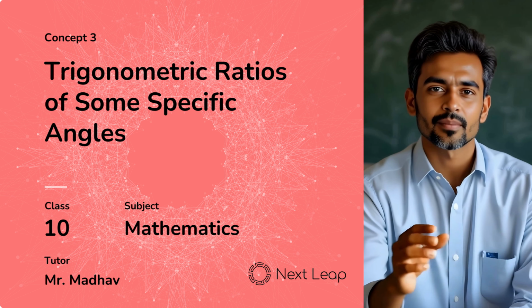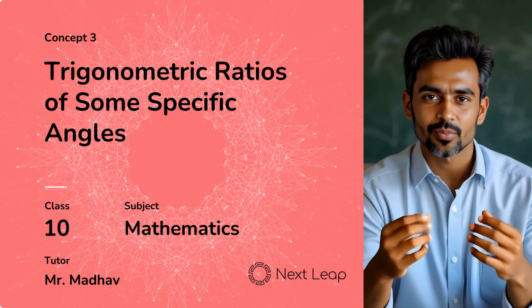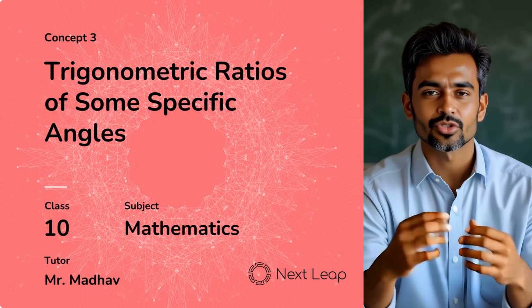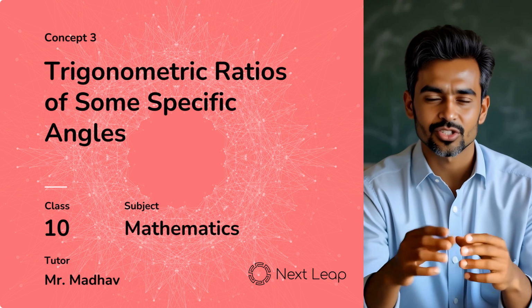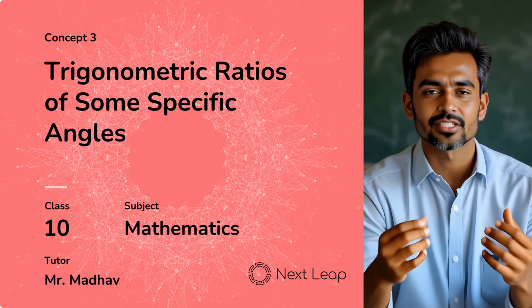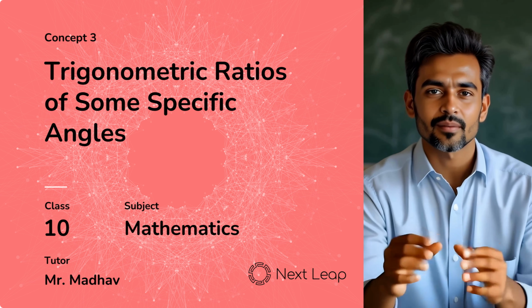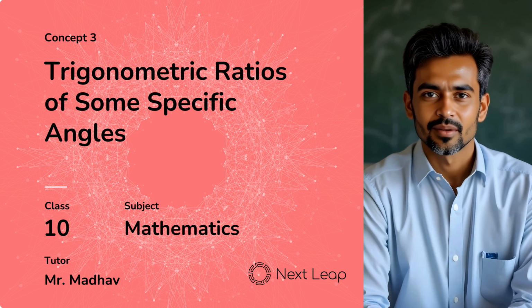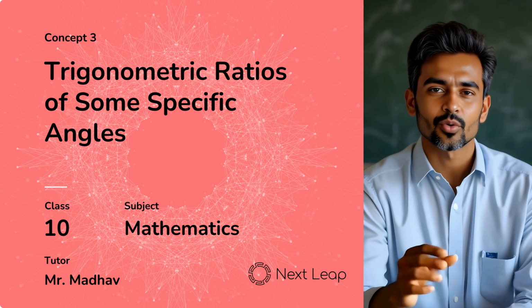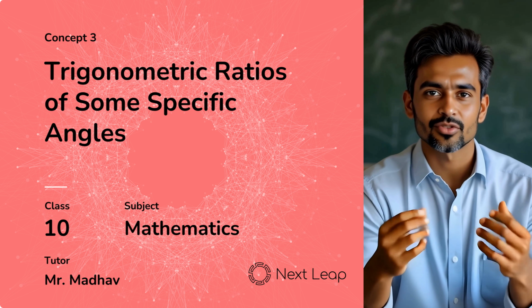Namaste dosto. Have you noticed how certain angles keep popping up again and again in geometry problems? That's because trigonometric ratios at special angles like 0 degrees, 30 degrees, 45 degrees, 60 degrees, and 90 degrees are super useful. These angles aren't just random. They show up so often that knowing their exact sine, cosine, and tangent values can save you loads of time